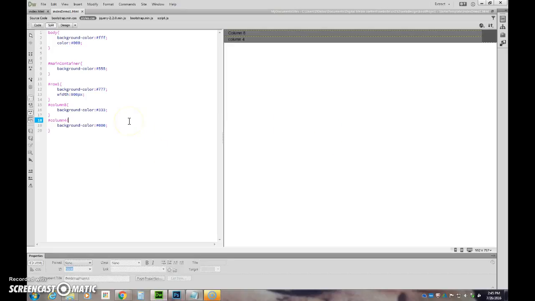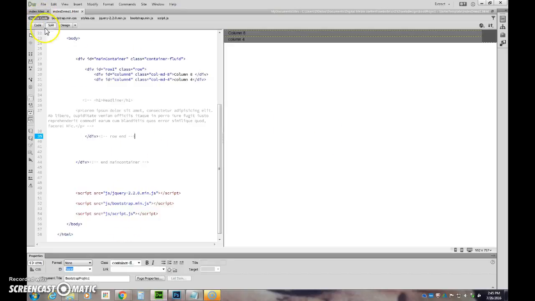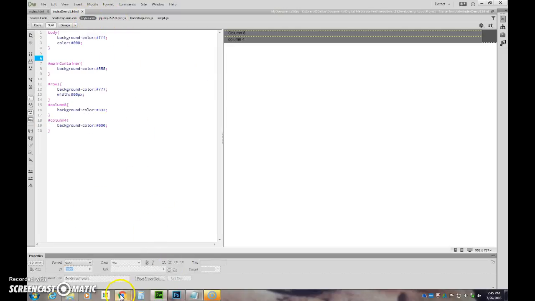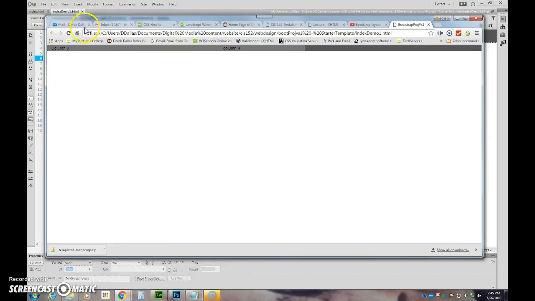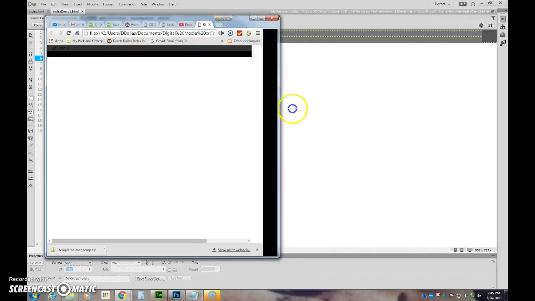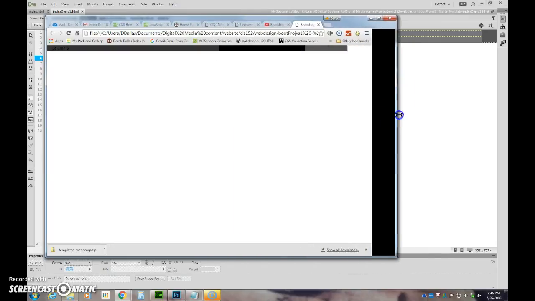Alright, so I'm going to hit Save on both of these, and I'm going to go to my style, and I'm going to bring up my browser, and I will refresh it and see if I'm getting what I expected. Yes, I am. So I've got column 8 here, I've got my column 4 here, so here it is this way and that way. And you'll notice that it's a little hard to see because it's a little bit